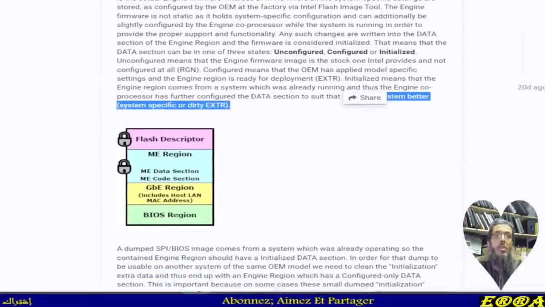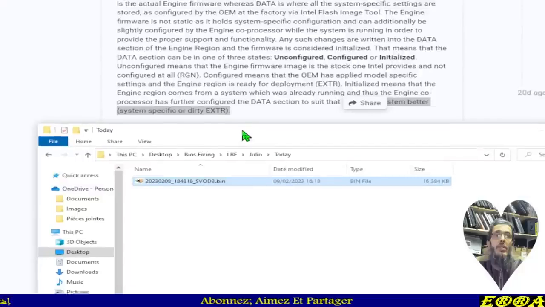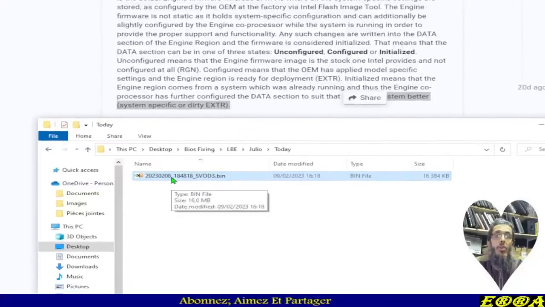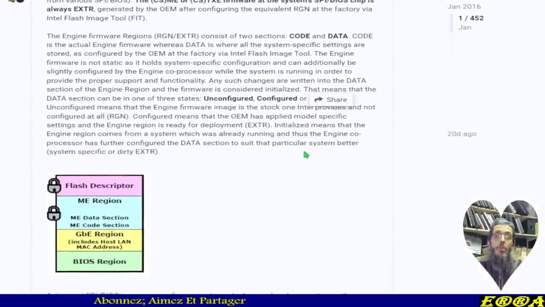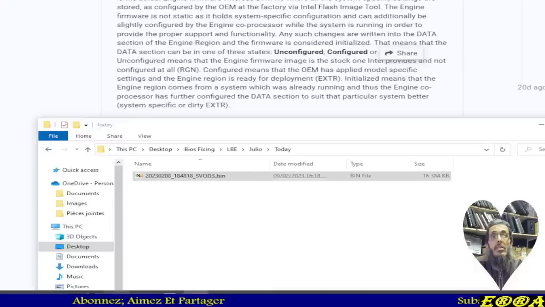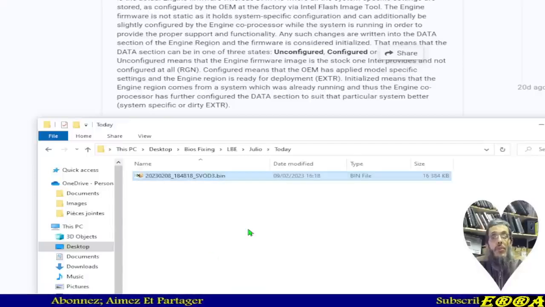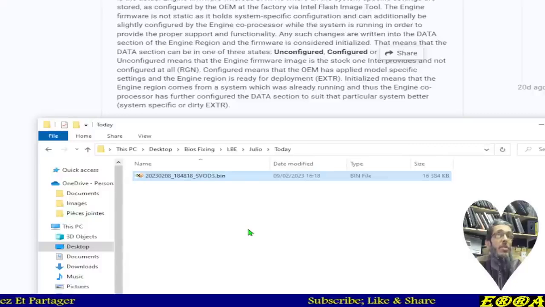So, which simply means that whenever we apply a configured BIOS image to any platform, it automatically becomes initialized from the first start, or from the first function of that platform. Which means in case of laptops, when a laptop is programmed with a new BIOS image which is configured,